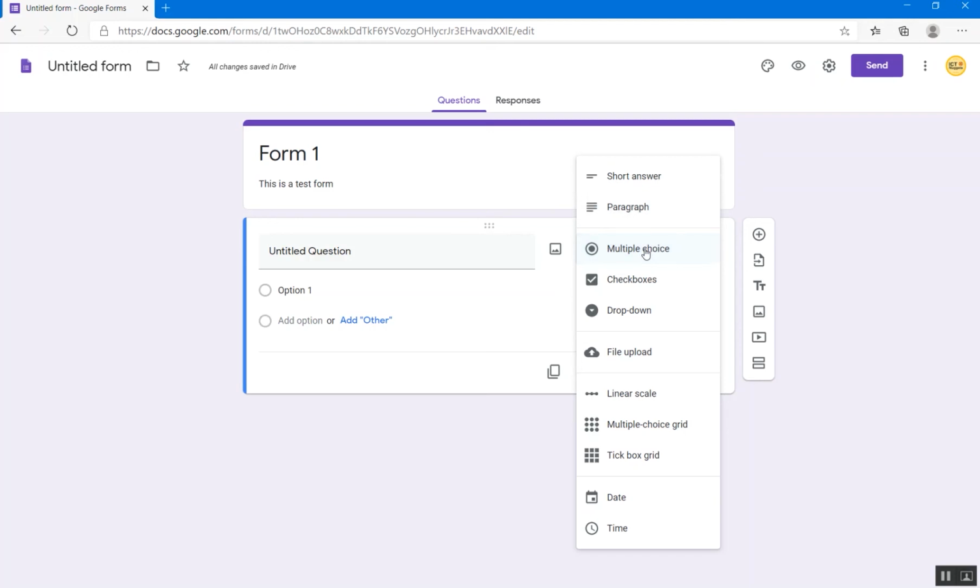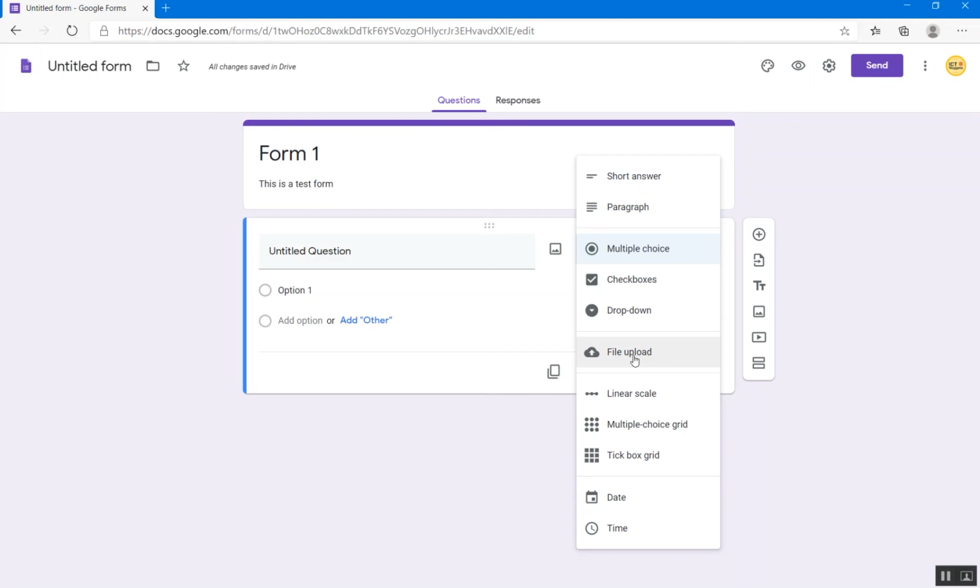If we have a question in which we have some choices and we want user to select only one choice out of those, we will go for this multiple choice. And then we have checkboxes. In this option we can have a question where we have multiple choices from where user can select one or more options. And then we have the drop down option, and then we have a file upload.